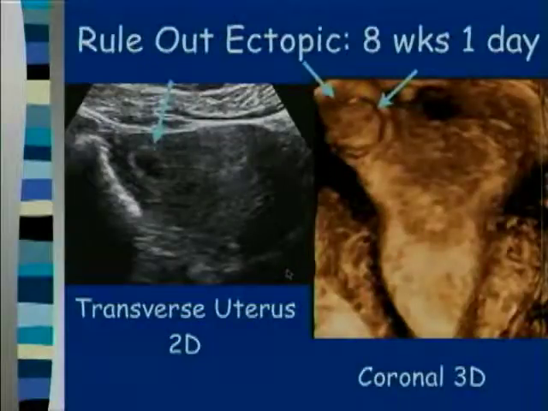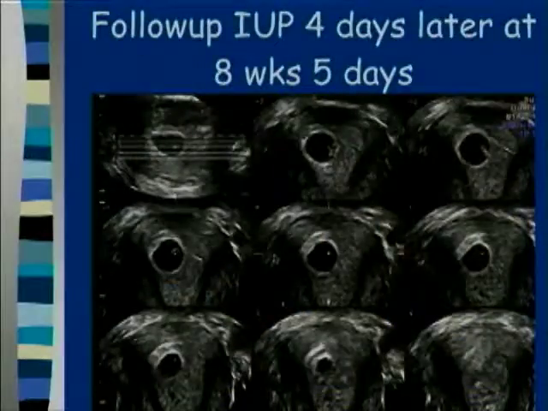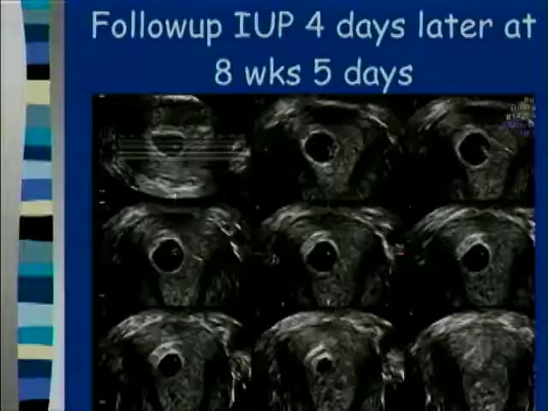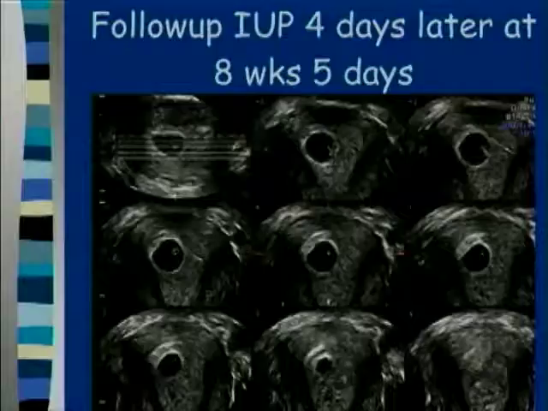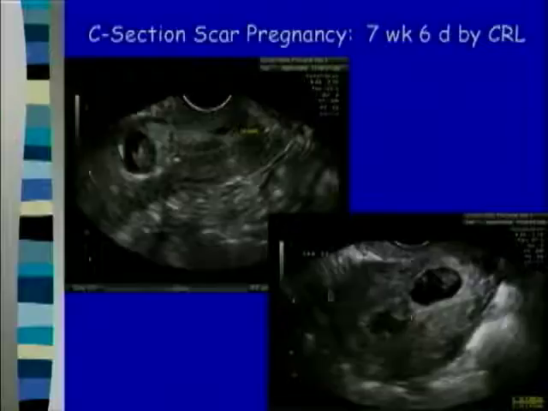Now that's in contrast to this patient that was sent to us to rule out an interstitial ectopic. And you can see that this gestational sac is way up here. The rest of the endometrium looks fine, but it's a very broad base to this gestational sac. And there's a little more myometrium around it on the transverse plane here than you would expect for an interstitial ectopic. So we brought her back just to see what happened, and 4 days later you can see that her gestational sac is exactly where it ought to be, a normal appearance in that endometrium,